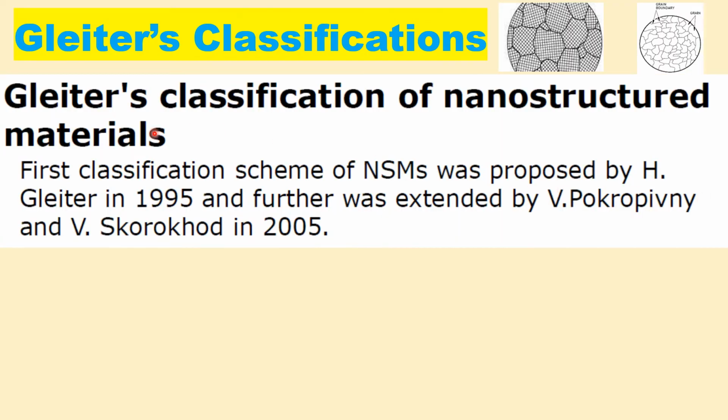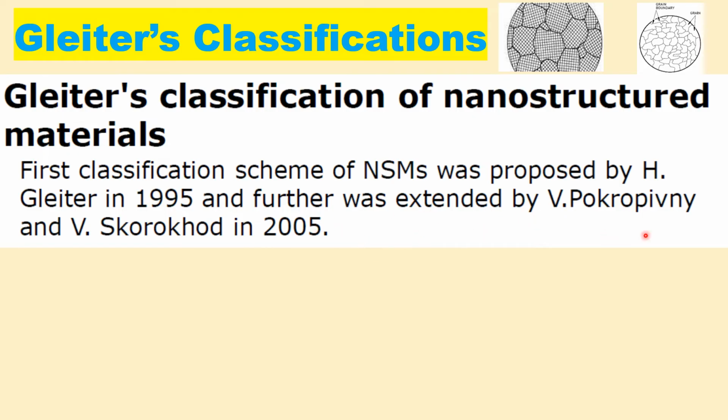Now we will discuss the Gleiter classification. As we know, solid materials are made from grains, and these grains are separated by some grain boundaries. So we have the grains and grain boundaries. Using these structures, Gleiter classified the nanostructured materials in 1995,